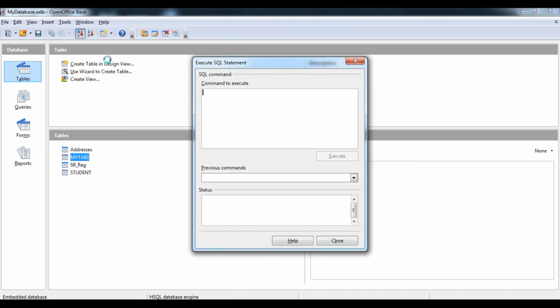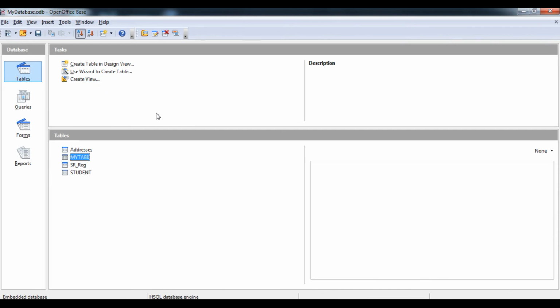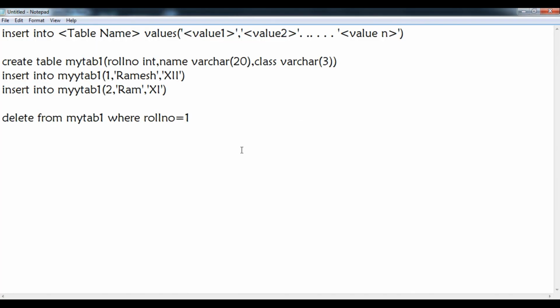I'm going to go to the tool option, and then after that go to the SQL option. Here delete from table name, my tab 1, delete where the condition is roll number equals to, I think I will remove roll number 2 details. Execute it. Now you can see that the command is successfully executed. Now close it. I want to see the table. Now you can see record number 2 has been deleted. In the same way I can delete other data also, but I need to change only the roll number, whether it is 3, 2, 1, whatever.